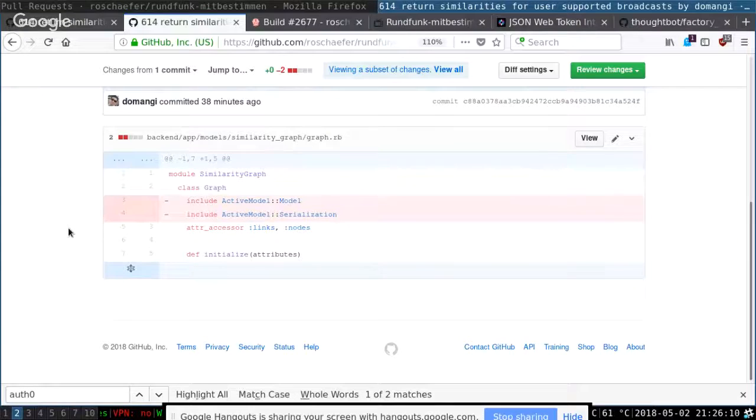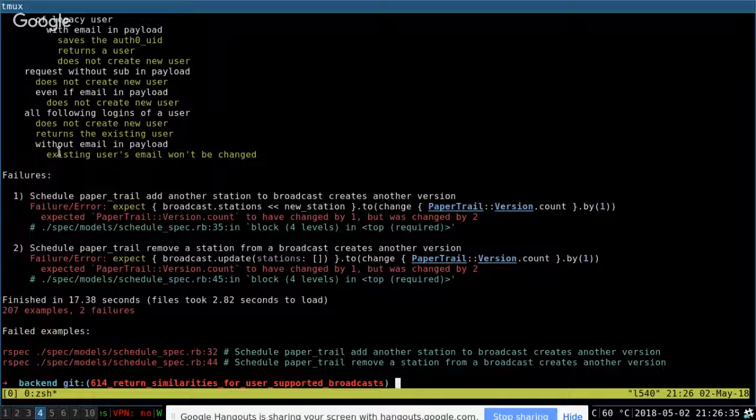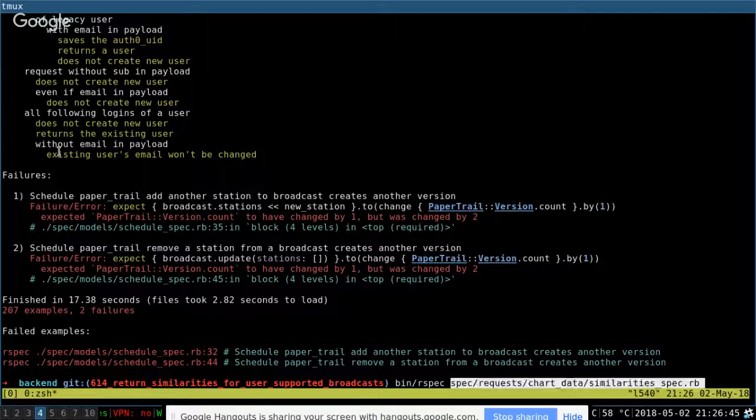Weird. Don't know why. Me neither. I also tried now to re-add them, but the specs are failing also. Weird. Absolutely weird.